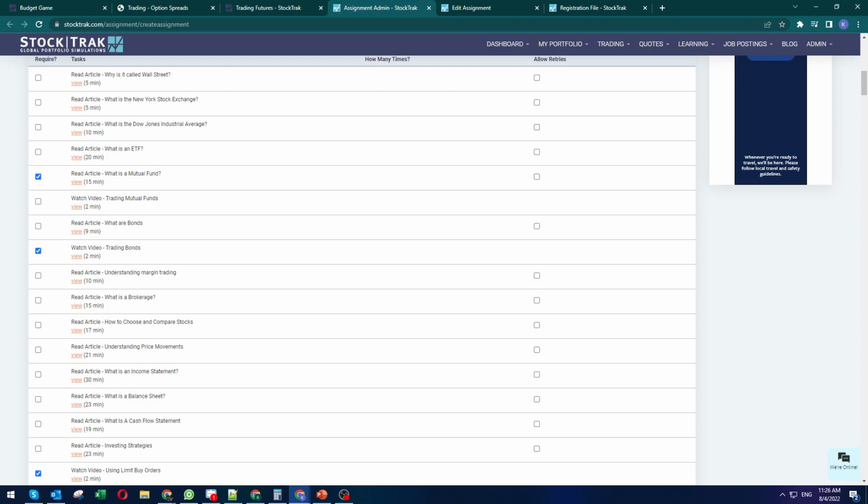Any change on how to register a class? There is no change on how to register a class at this time. Like I mentioned, with the StockTrak 6 update, we will eventually be updating the class creation process. The biggest change in there is that